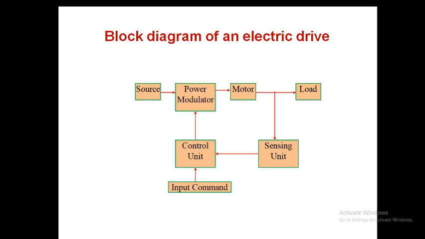That difference will be processed through the controller, and it will adjust the firing angles of the power modulator, and that will again increase or reduce the voltage at the motor. Now the motor will try to run near 1000 rpm, that may be 1050. Again 1050 will be sensed, again the firing angle will be adjusted. Next time it may be 1030, next time it may be 1020. Likewise, it will try to reach that 1000 rpm, and it will oscillate around that 1000 rpm, because this is